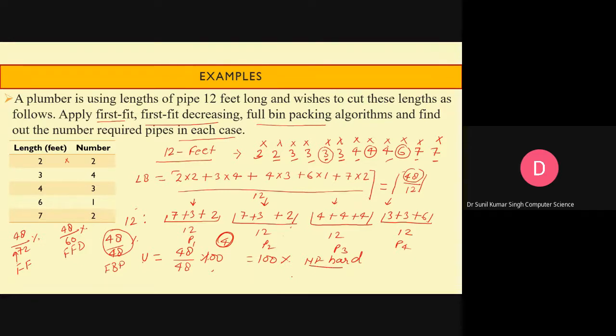And when we look at it as a decision problem, in the sense that the number of pipes and the required pieces are given, and we have to decide whether it is possible to do it in this given scenario or not, this decision problem is NP complete. Those who are not aware of NP hard and NP complete, don't worry, we'll take a separate lecture for it.